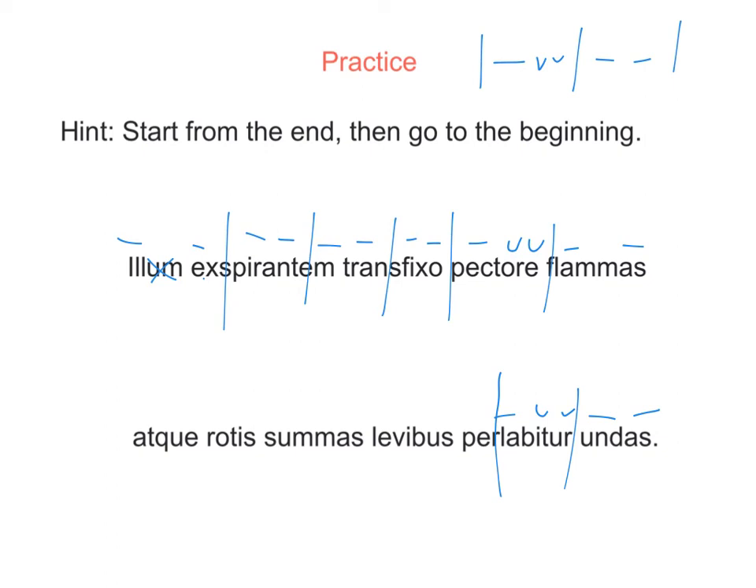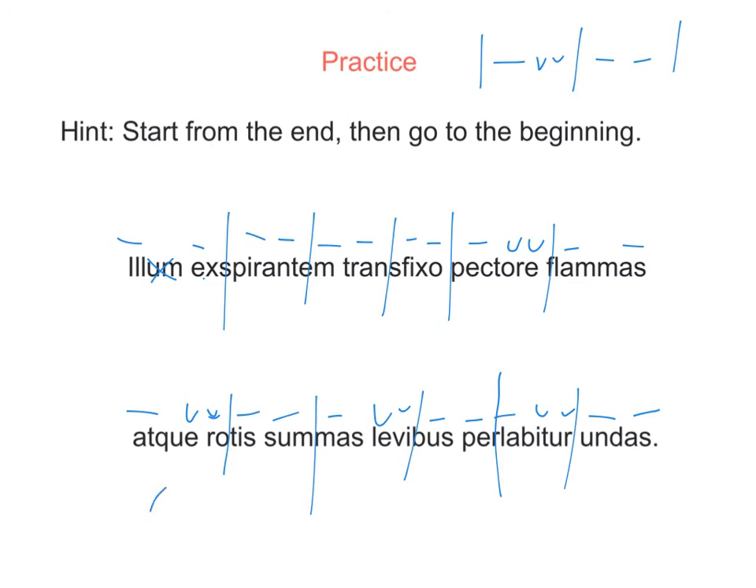So we have atquerotis, and those are short because there's only an R between the E and the O. The IS there is long. There's 2 M's after the U, so that's long. And then we have os levibus per labiturundas. And you know there's a few more dactyls in this one, and maybe not by accident, because you can